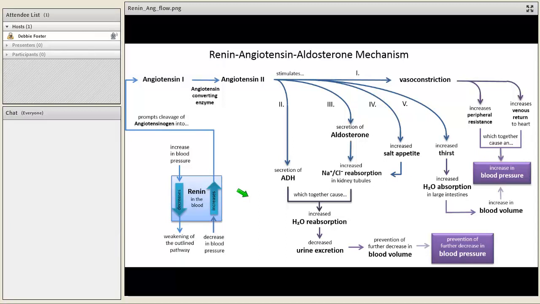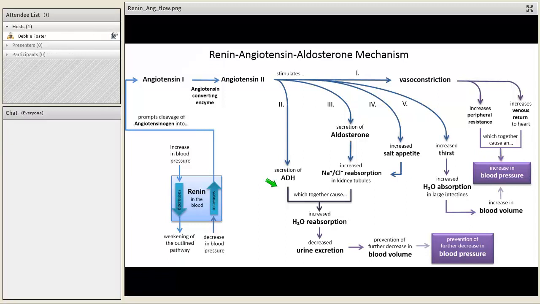In other words, it usually speeds it up. So renin is released when we see a decrease in blood pressure. So for some reason in the kidney, renin's only in the kidney, maybe the blood pressure is low right at that point where the kidney tubules are, and so it